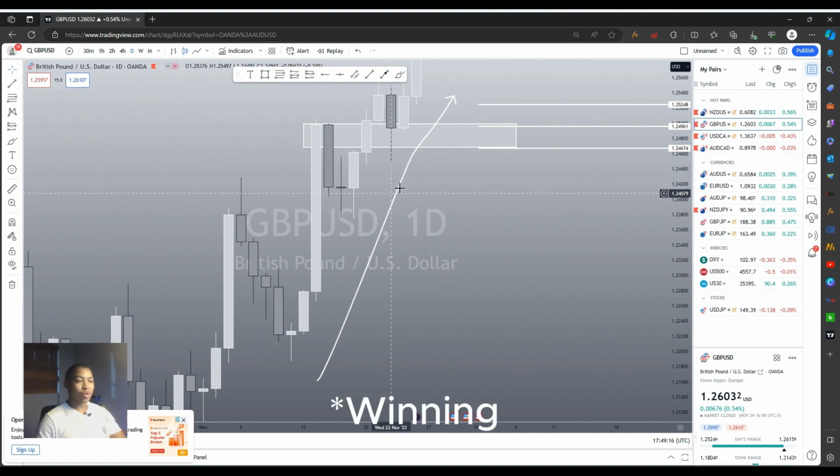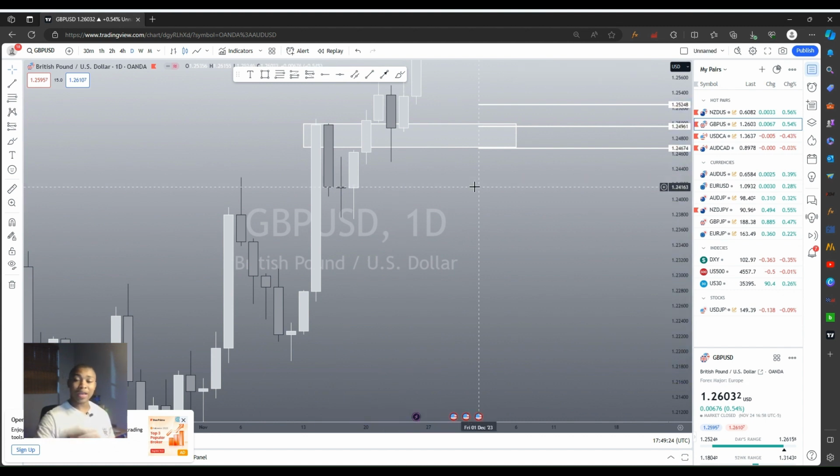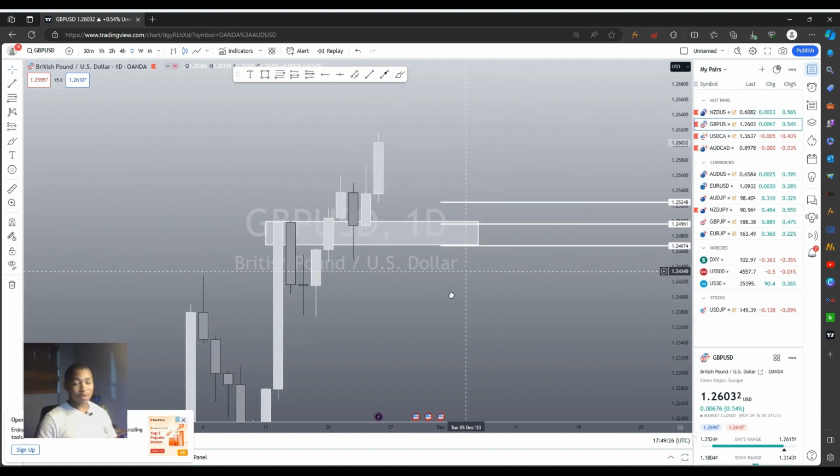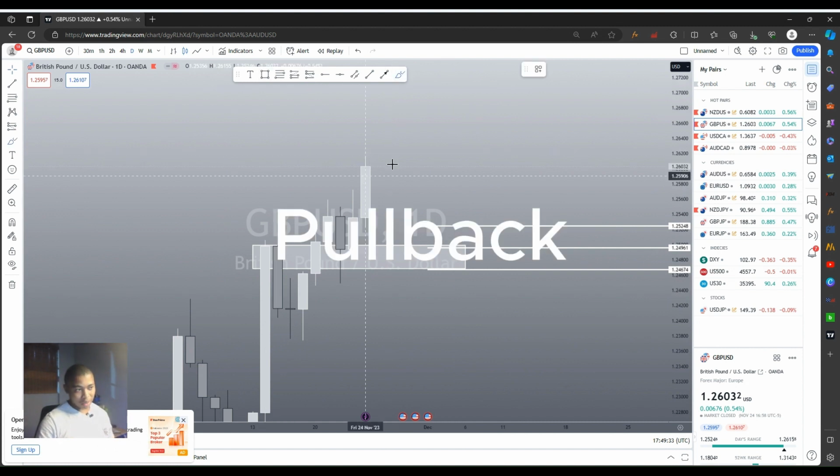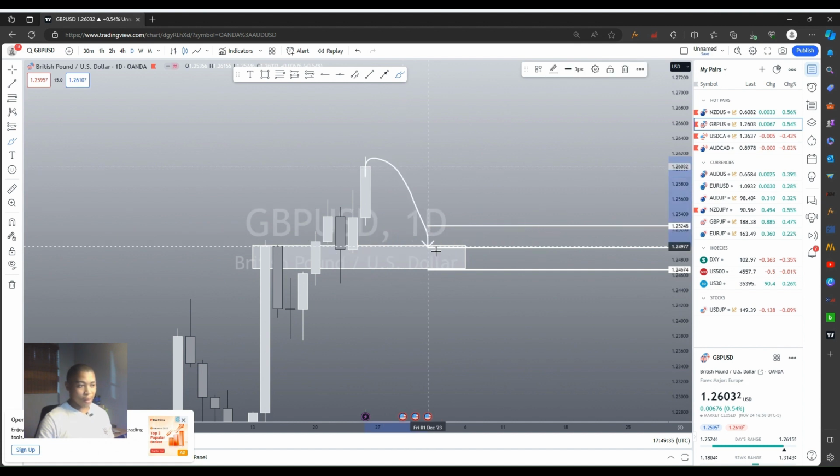I continue to be on the winning streak, and what helps me be on that streak is analyzing the markets before they open, having a game plan before they open, and then from there you just follow the game plan. Anyway, what I'll be looking for on GBP USD is a pullback into support right here,